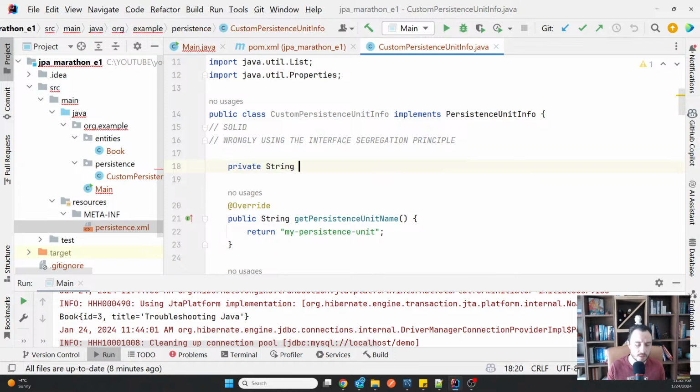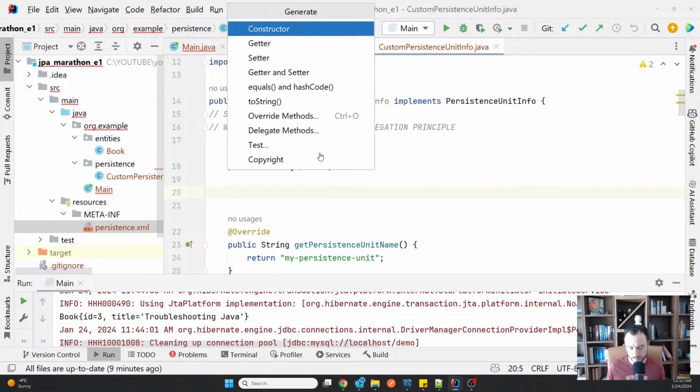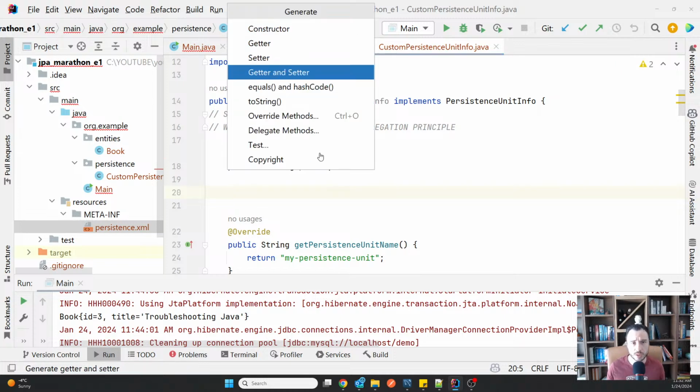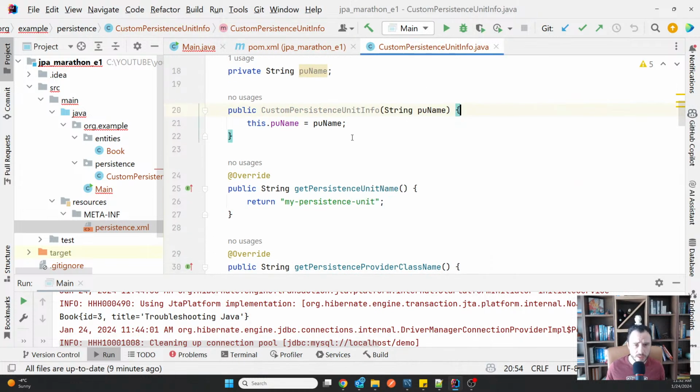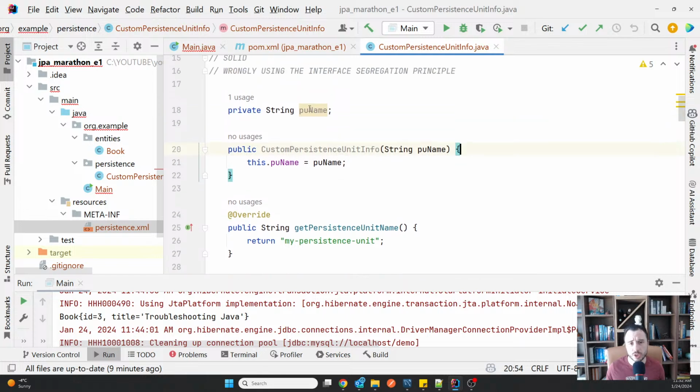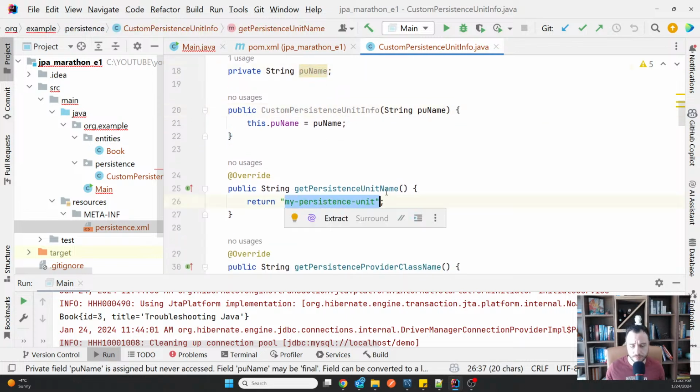So you can have the persistent unit name like that, and then just provide it from your application. So give it through the constructor, and normally all of them can work like that. So you can actually give all the values through the constructor.